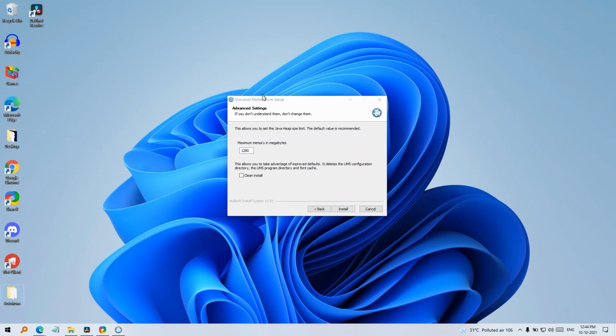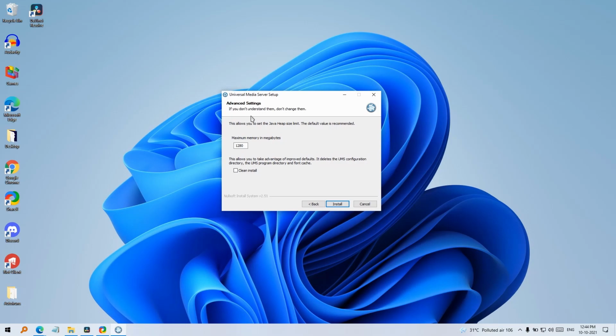Once the installation is completed, it will ask you to install AviSynth. There is an add-in which allows for multimedia codecs, and you can install that as well. Once the setup is completed, it will ask you for the amount of RAM to be used for the application.